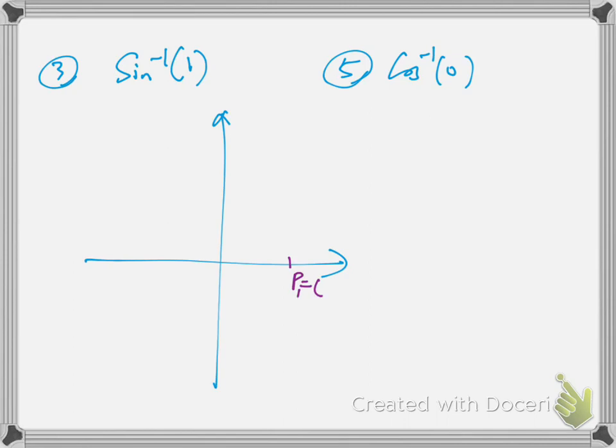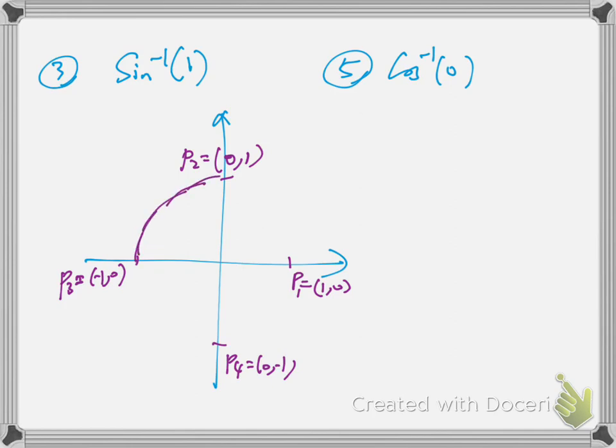P1 is 1, 0, P2 is 0, 1, P3 is -1, 0, and P4 is 0, -1. So they are on the unit circle, and they are the solution for the inverse trig if you are trying to find the inverse trig function for 0, 1, -1. That is the inverse trig value for sine and cosine. Because for any point on the unit circle,